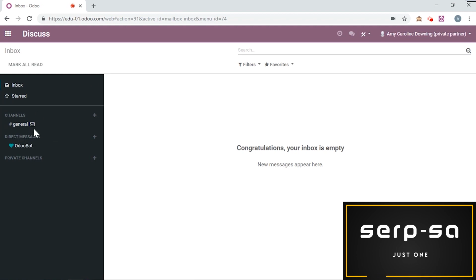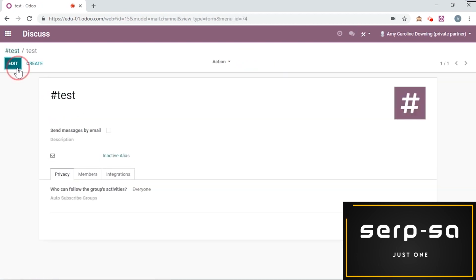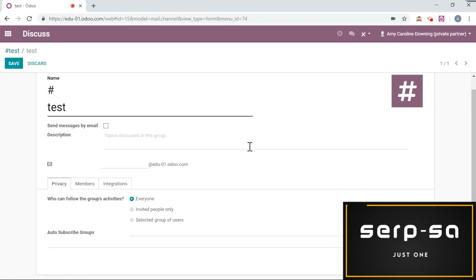Automatically, you already have a hashtag general channel, where we're going to create a new one just so we can see everything. I'm going to create test, and I can go to the configurations by clicking on this little settings icon on the right. I'm going to click Edit. And the first option I have is to decide whether I would like each message to also be sent by email, or if I would like to keep all conversations internal,